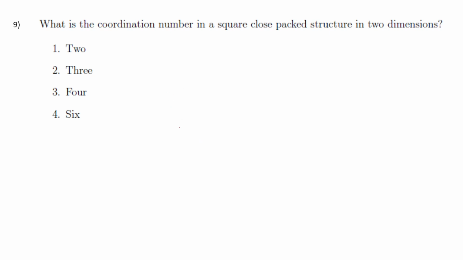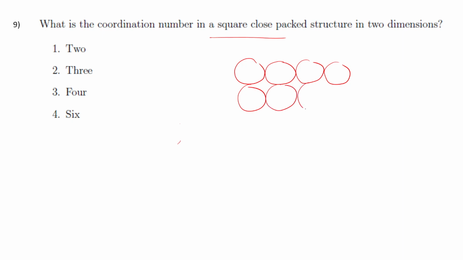A square close packed structure is given. Imagine a sphere here, a sphere here, a sphere here, and then a sphere here. So this is a square close packed structure. Okay,